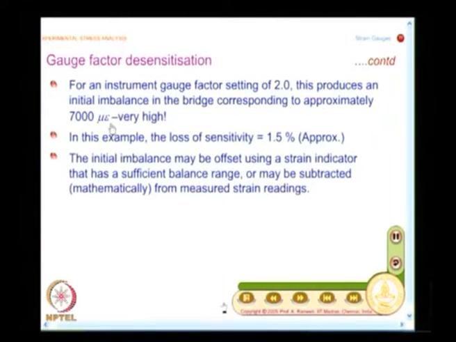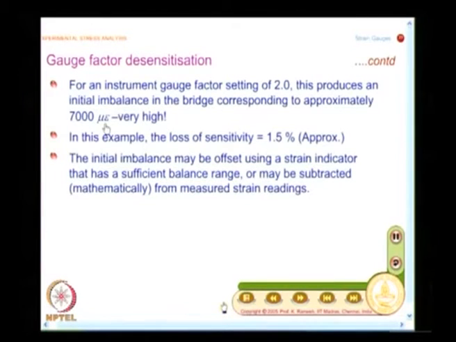And we have already seen in the case of most engineering materials, at 0.2% strain the material yields, and 0.2% is 2000 micro strain. So, you will never go to 7000 micro strains unless I am looking at some plastic deformation and so on. So, my measurement range will be much smaller. This is where you have to keep in mind, in strain gauge instrumentation you are measuring quantities of the order of 10 power minus 6. Though 1.7 ohms looks much smaller in comparison to 120 ohms, this is very significant from the strain gauge instrumentation point of view.